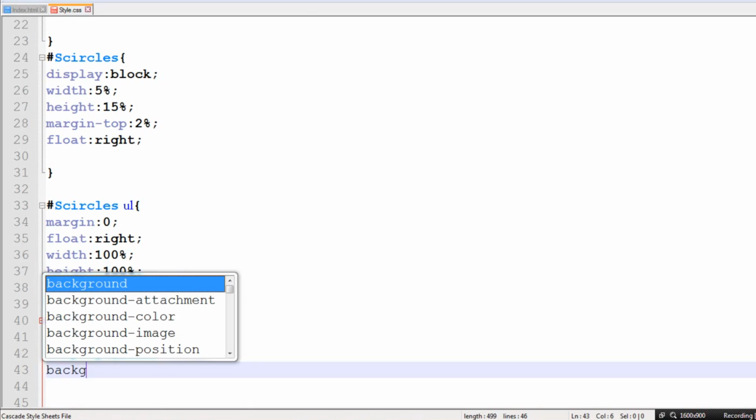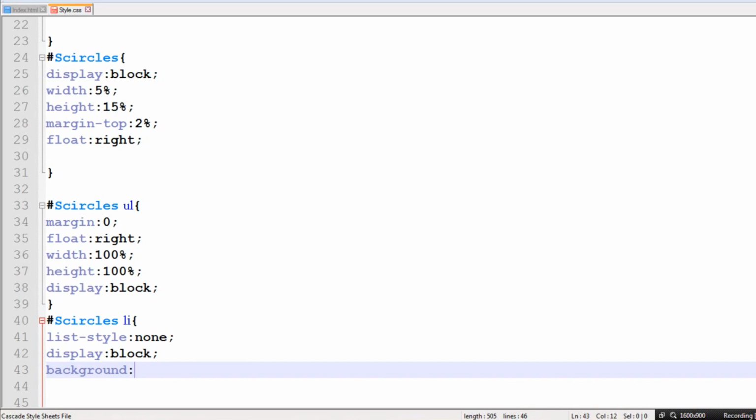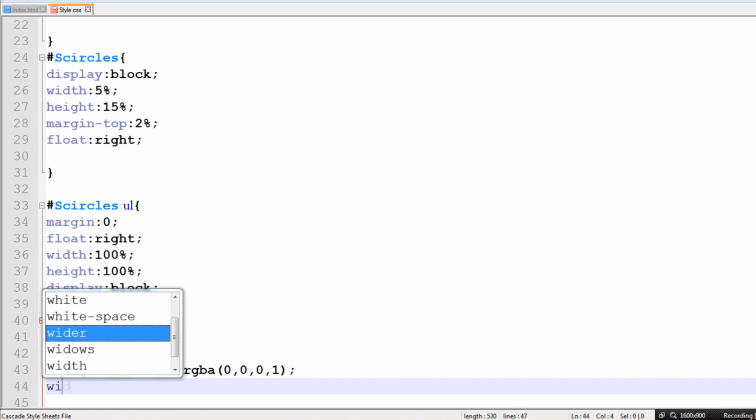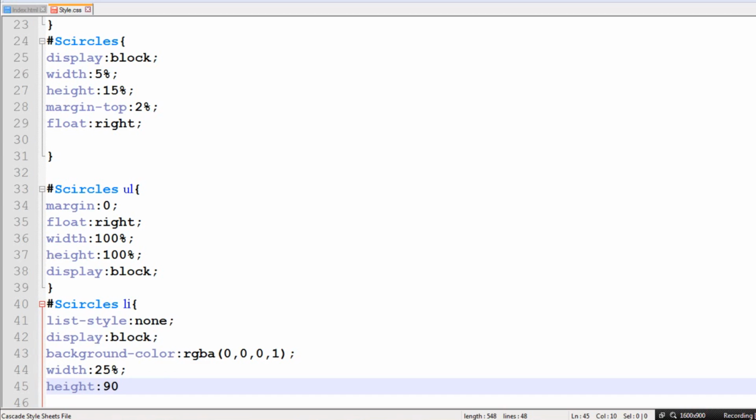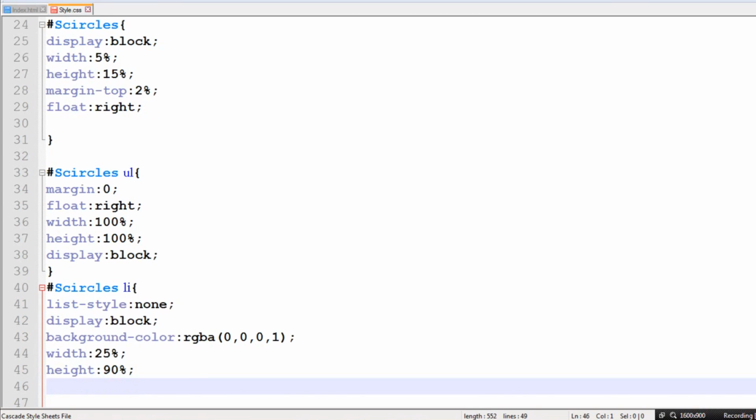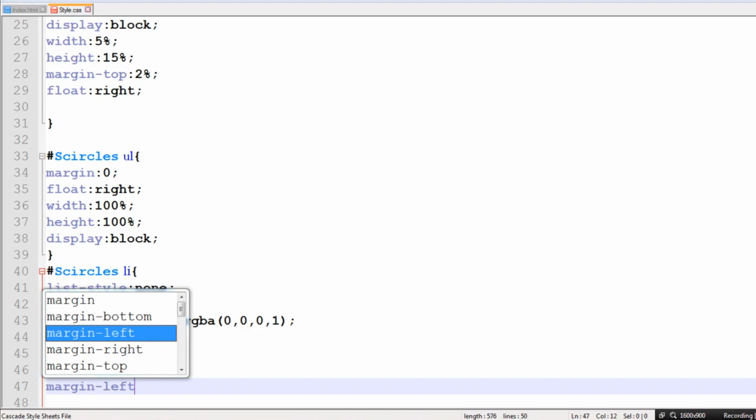And then let's do background color. RGBA. And let's set it to 0, 0, 0, 1. So this would just be transparent. So if you don't know, if you add a fourth number to the RGBA, it will create a transparent color. And then let's do width 25%, height 90%, and float to the left. And then let's do margin left 5%,